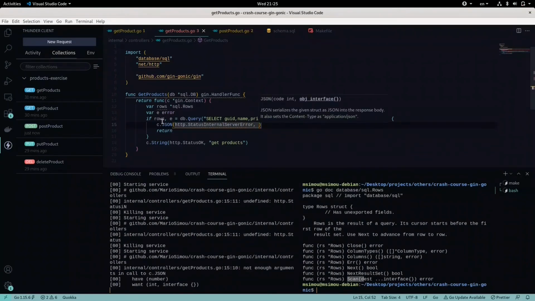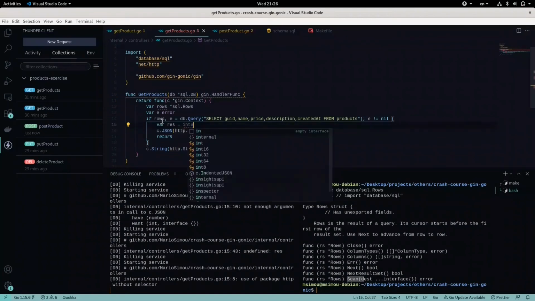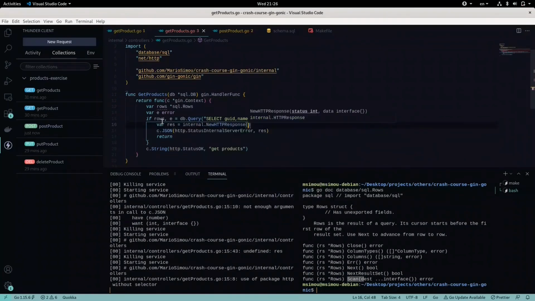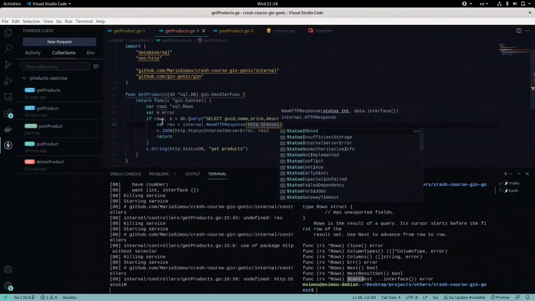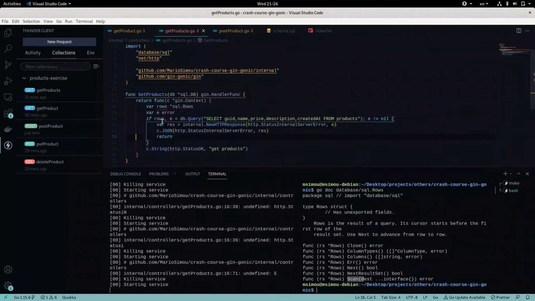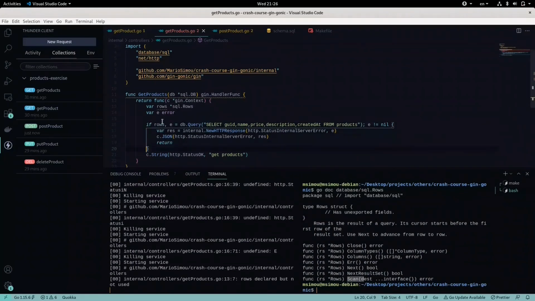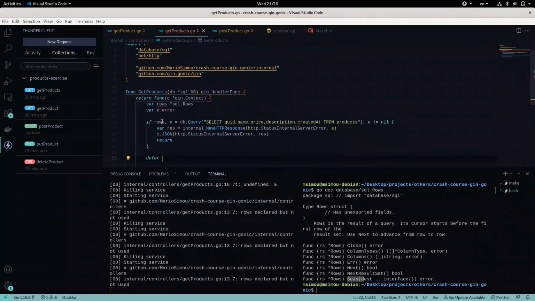And we need to create our response. The response is available from the internal module. So new HTTP response, and we are setting the error. Now what we need to do is defer the closing of the rows,